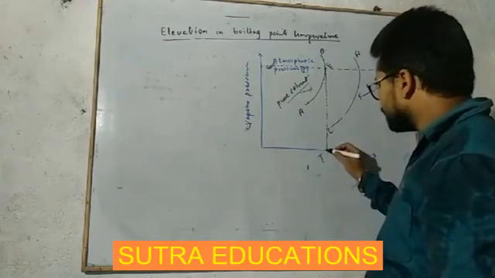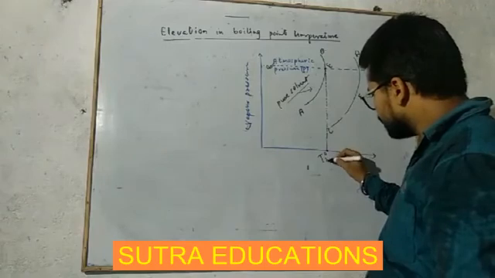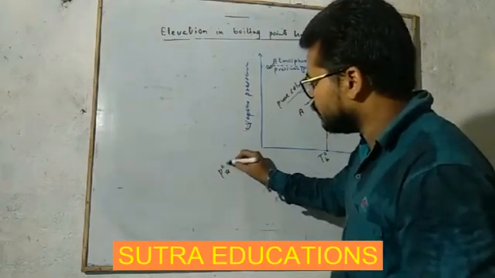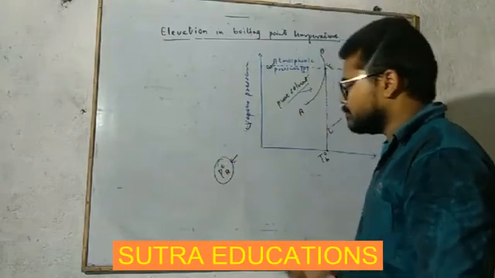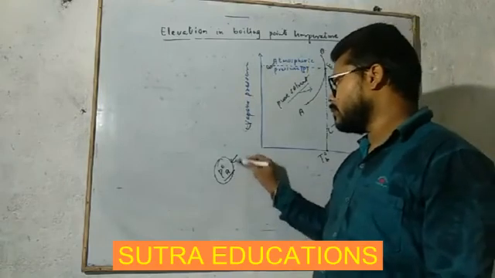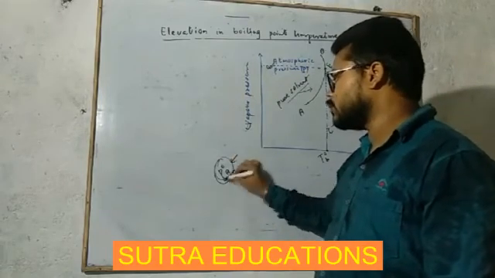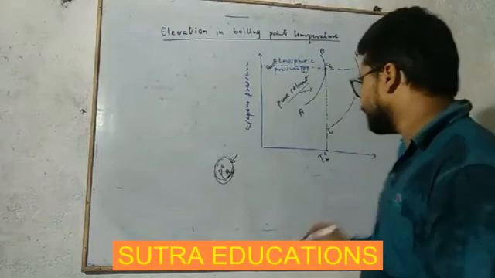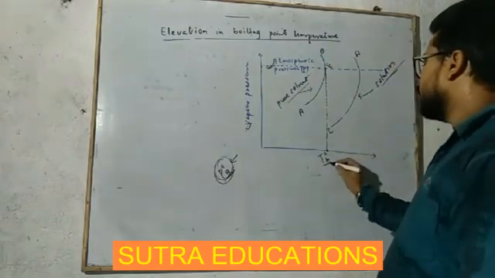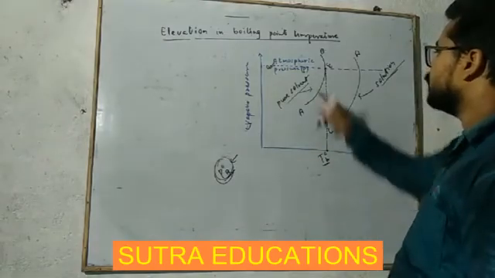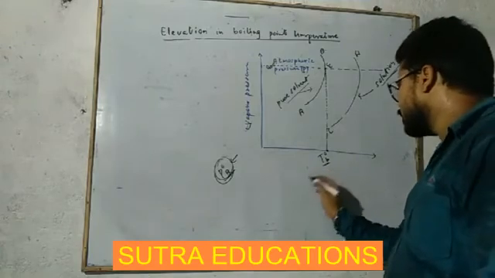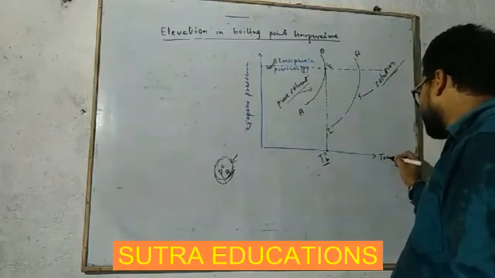Why T0B? Because by P0A we denote vapor pressure of a pure solvent. So when it comes to pure, we simply use 0. Okay. So it is boiling point temperature of pure solvent. So say this is T0B. Okay. This axis is showing temperature.